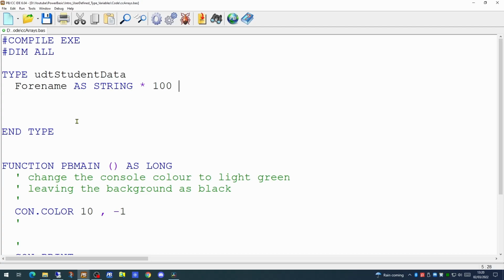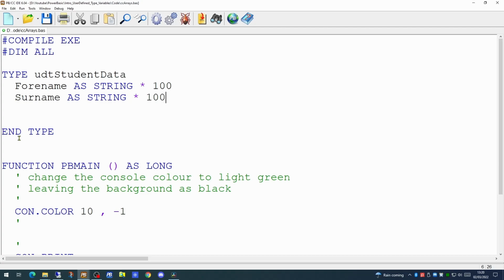Now for user-defined types, strings need to be of a fixed length, unlike the dynamic strings we've seen in previous videos. So it's important to create the string large enough to contain all the information you're going to be storing within it. In this case, I'm creating a fixed length string of 100 characters.